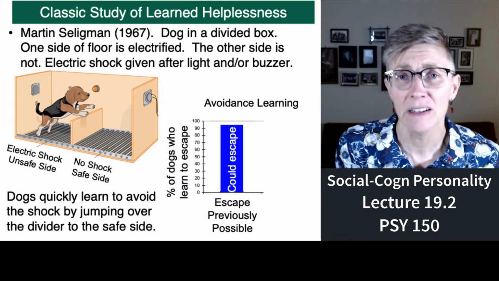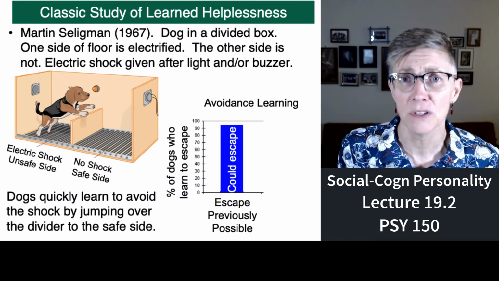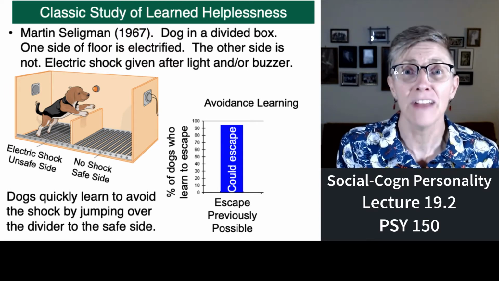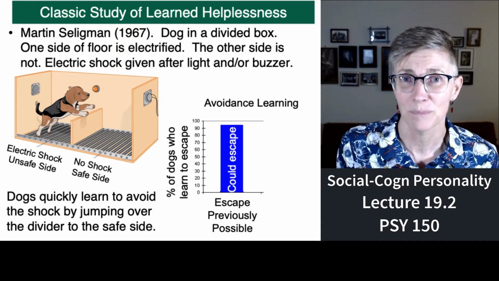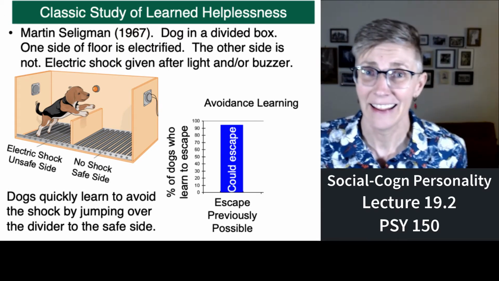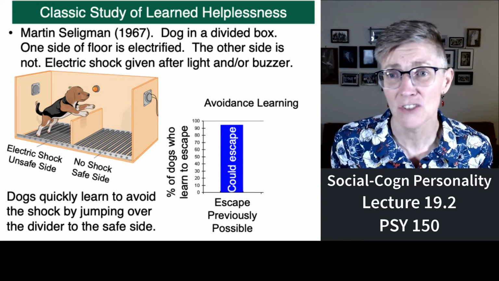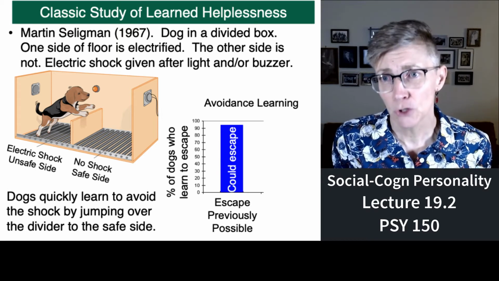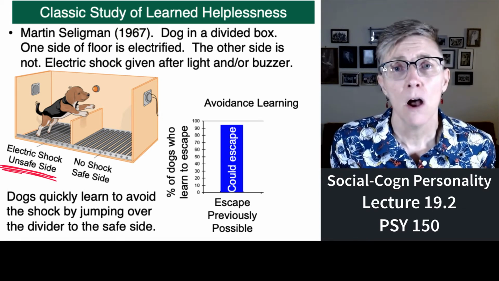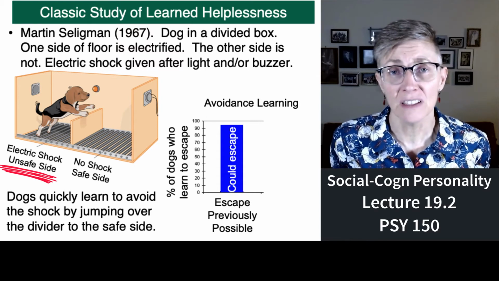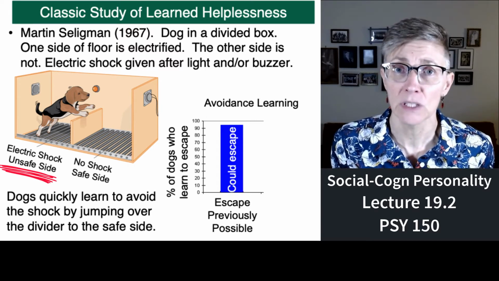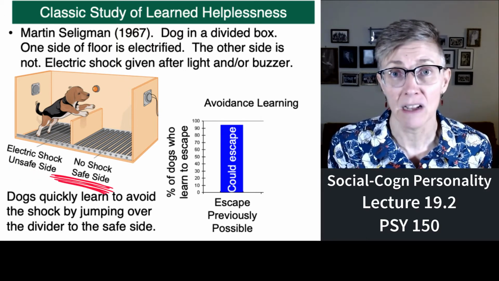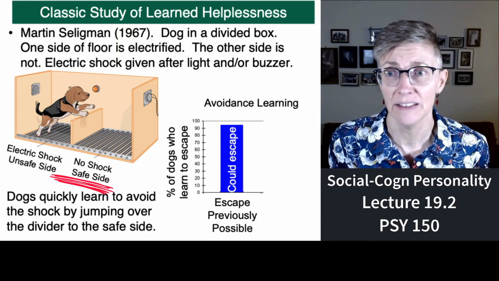And I'm going to tell you about a kind of gruesome study, but it's an important study. It was conducted a long time ago by Marty Seligman, who is now one of the founding people of positive psychology. You can see he started out here studying anything but happiness. Here's the study. In a lab, a box was created with two segments. On one segment, the floor was electrified, so if you were standing on it, it would give you a little shock, an unpleasant shock, but not one that would damage you. The other side of the box was safe. No shocks were ever delivered in that side of the box.